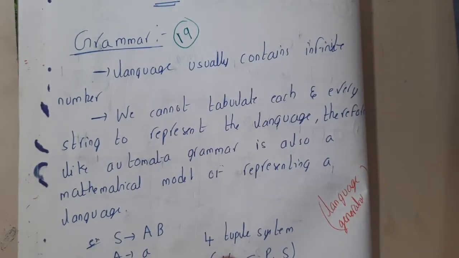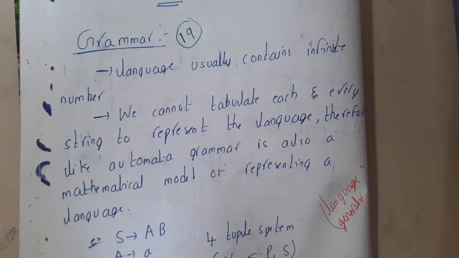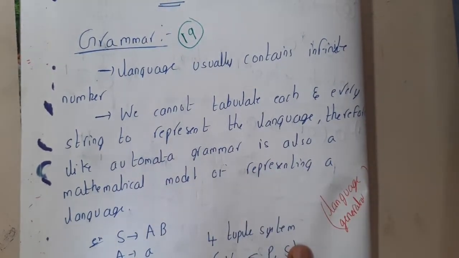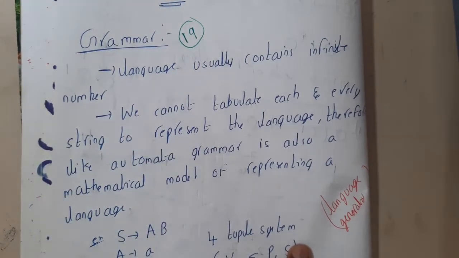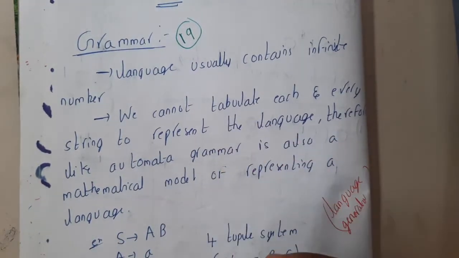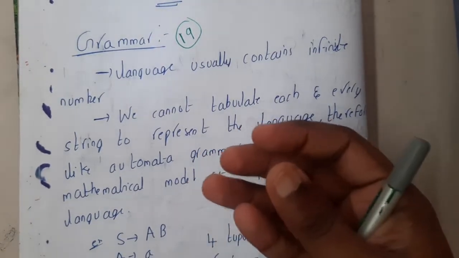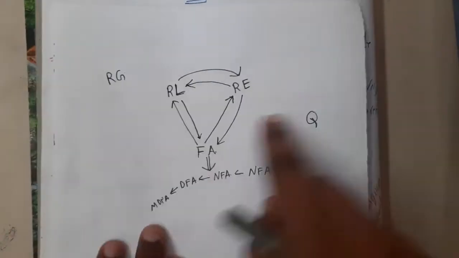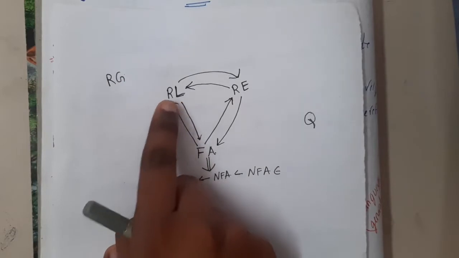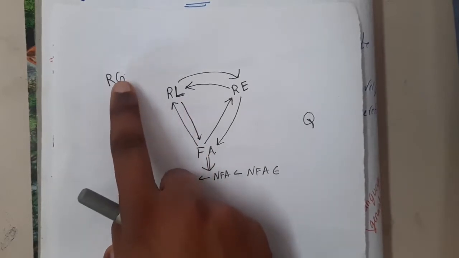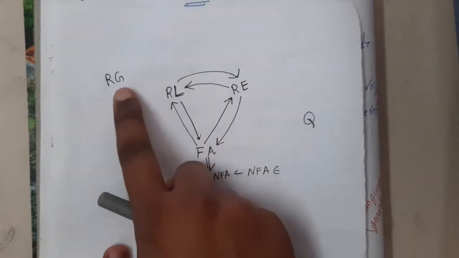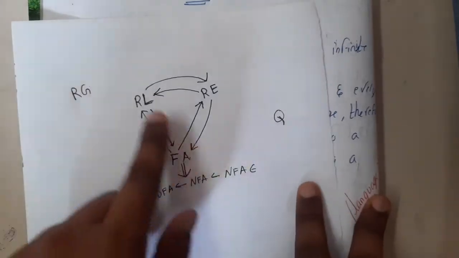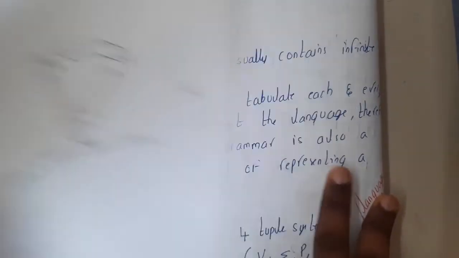So in the last few lectures, we have discussed in detail the conversion between regular expressions and finite automata and all those things, right? In this lecture, let us introduce grammar, and in the upcoming 4-5 lectures, we will be discussing in detail the conversion from regular grammar to all the other things which you have learned. So indirectly we are going to spend 6 lectures. One lecture on conversion of regular grammar to regular language, and another on regular language to regular grammar. Similarly, regular grammar to regular expression, and to regular grammar to finite automata. In that way, we will learn all these lines, and we are going to complete this particular graph, right?